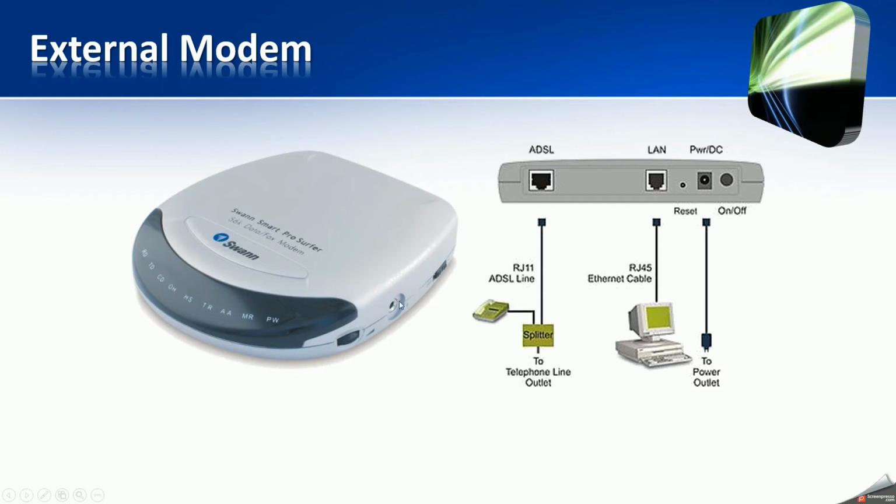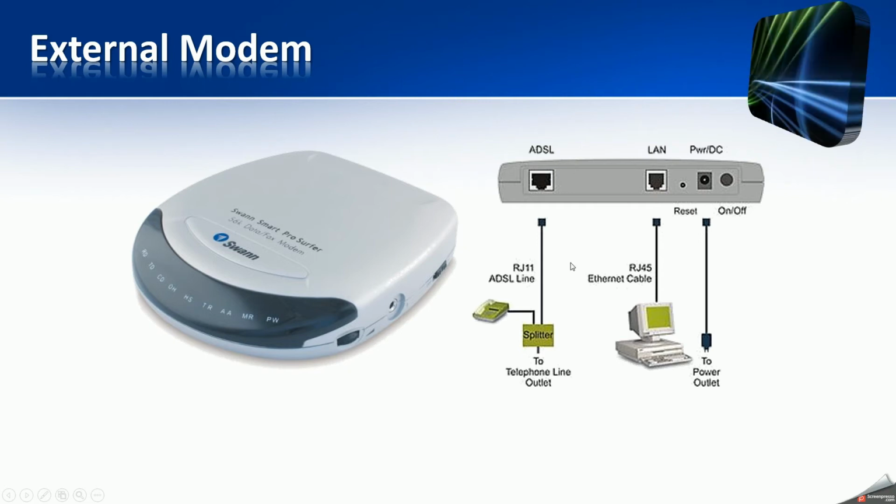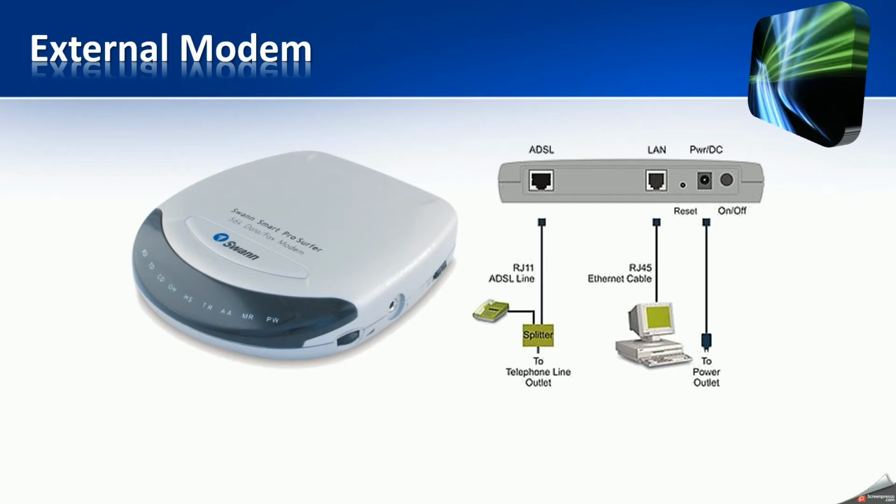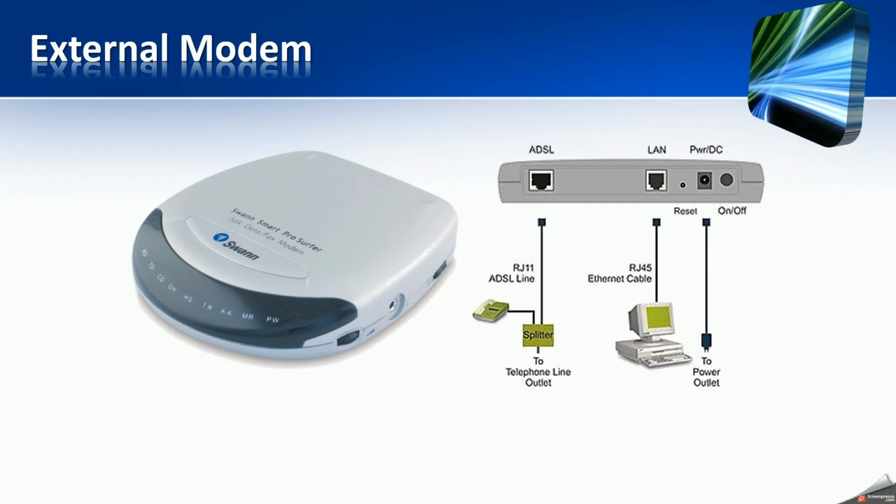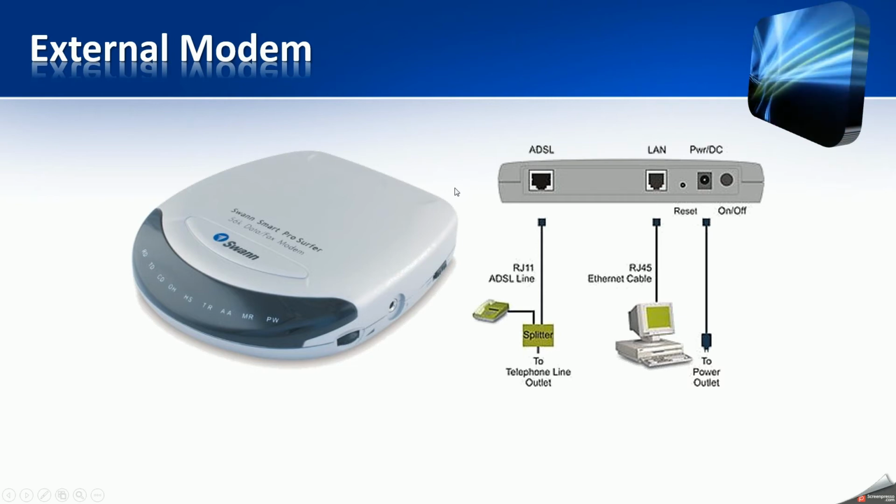So this modem or router device, which you can see over here, can be connected to a computer and it can also work like a modem. Already we have an internal modem. The internal modem is quite compulsory because it is already fixed onto the motherboard. Without the internal modem, your computer may not be able to convert the digital signals being generated into analog signals. And this device which you can see over here is actually a modem.